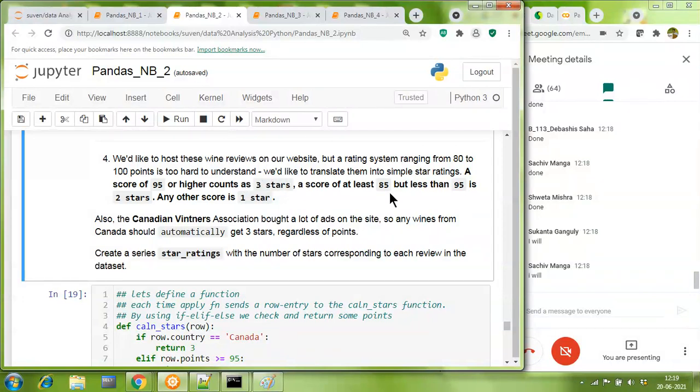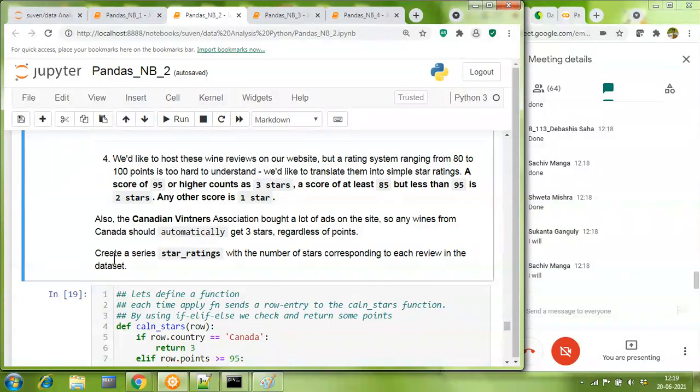A score of at least 85 but less than 95 is 2 star, and any other score is 1 star. Also, the Canadian Vintners Association brought a lot of ads on the site, so any wines from Canada should automatically get 3 star regardless of the points.